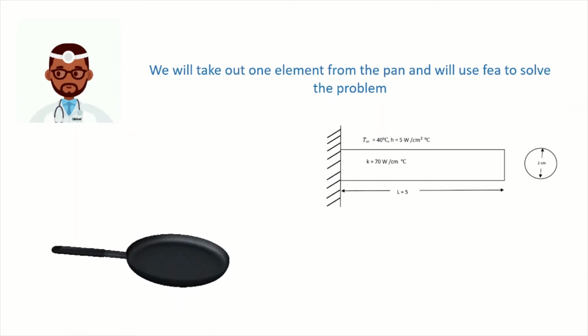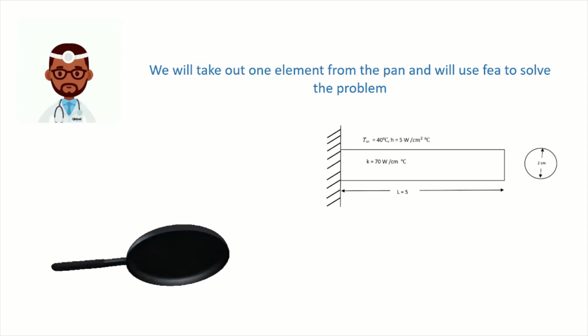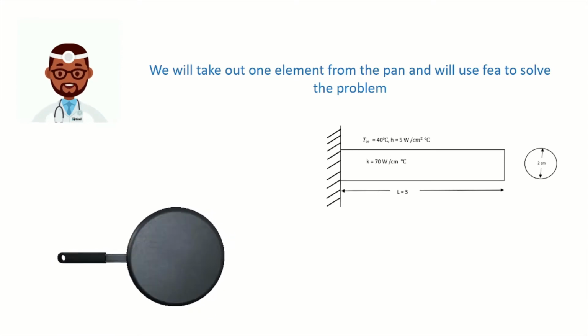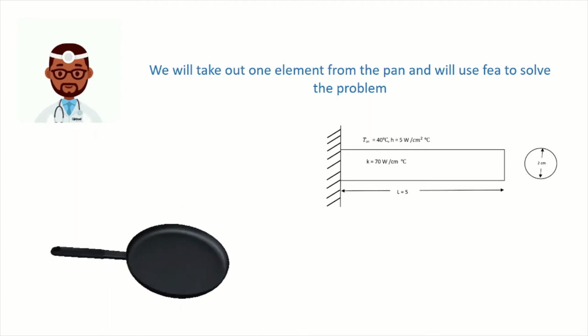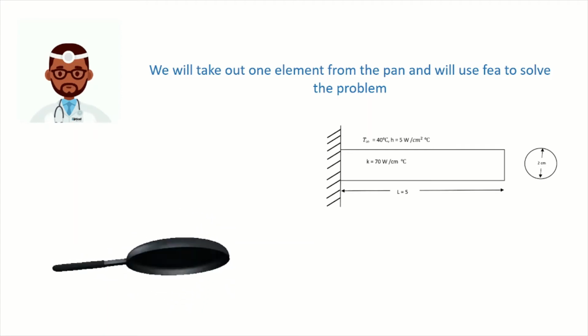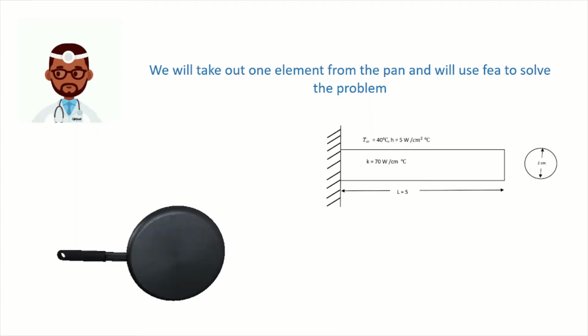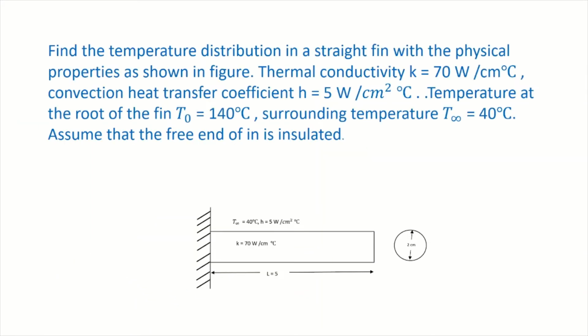So this is the cross section. So here, T infinity means air temperature is there, and heat transfer coefficient, because the body has conductivity, but heat transfer coefficient comes into the picture when there is a transfer of heat from solid to another type of medium. So this is the geometry.